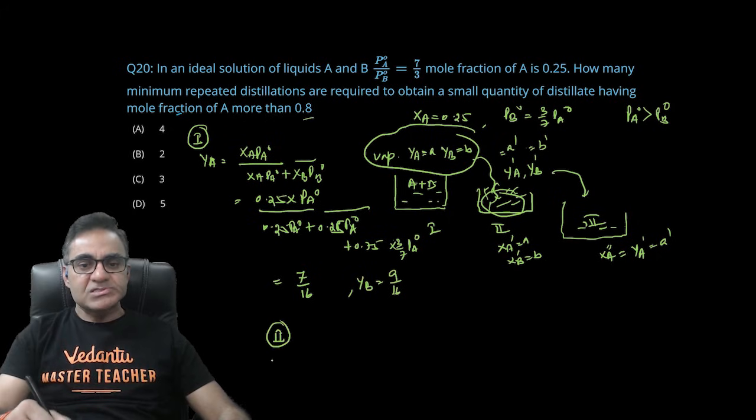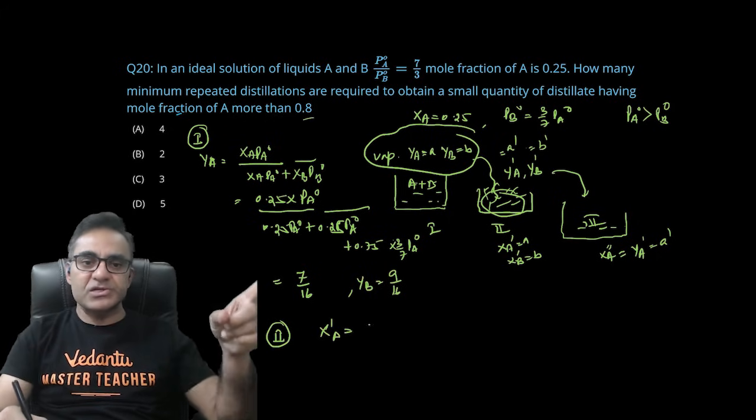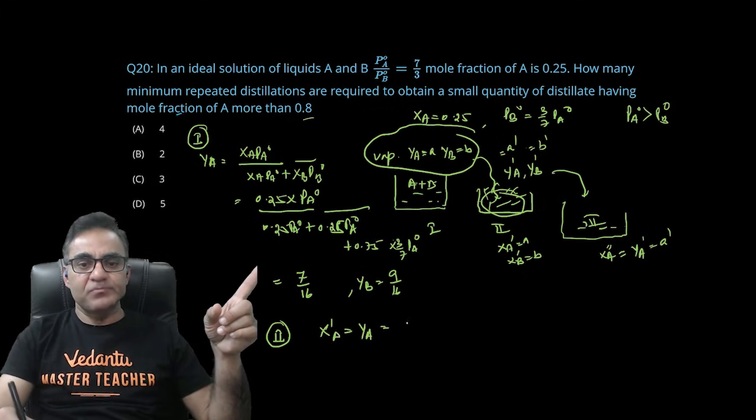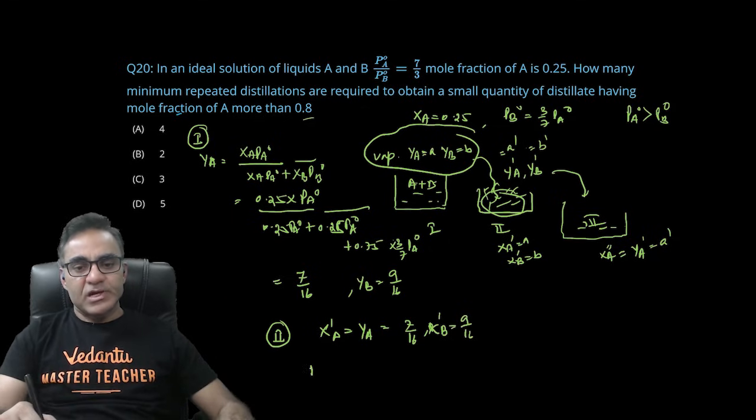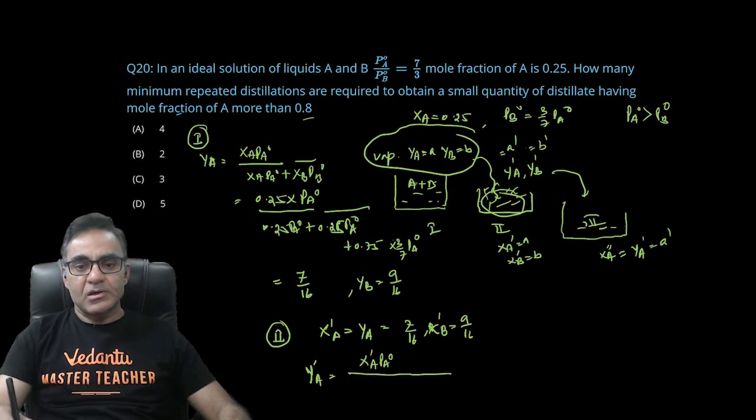अब आप सेकंड कंटेनर पे आ जाओ, सेकंड कंटेनर में जो एक्स डैश ए होगा यानी लिक्विड फेज में जो मोल फ्रैक्शन होगा वो फर्स्ट कंटेनर के वेपर फेज के बराबर होगा वाई ए, दैट इज 7/16, तो एक्स डैश बी हो गया 9/16। तो यहां से आप अगेन सेकंड कंटेनर के वेपर फेज में जो मोल फ्रैक्शन निकालोगे, जिसे मैं वाई डैश ए लिख देता हूं, तो ये होगा एक्स डैश ए पी ए नॉट अपॉन एक्स डैश ए पी ए नॉट